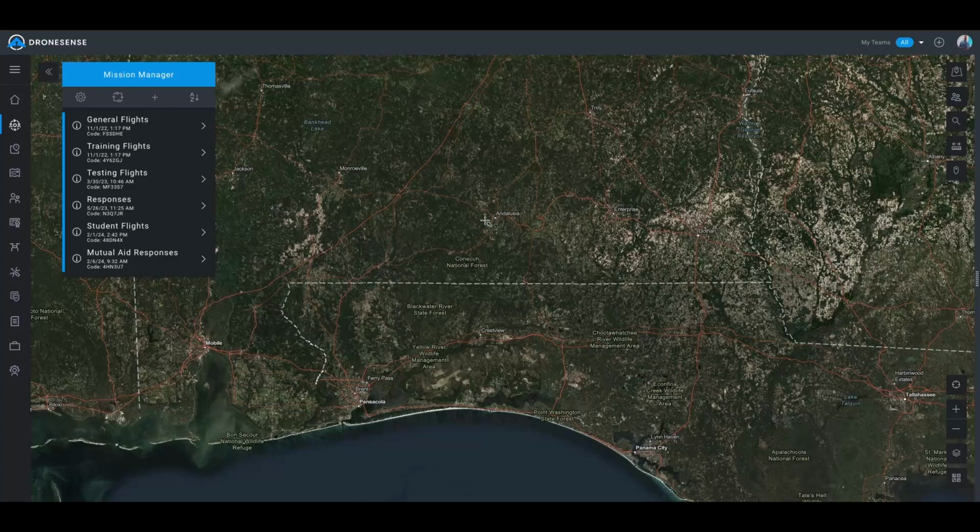So I have Operations Hub up here, and I also have my Mission Manager up. So from here, I'm going to select the mission that I want to create the magic video link on, and that's going to be our mutual aid responses right here. So once I've got the mission,